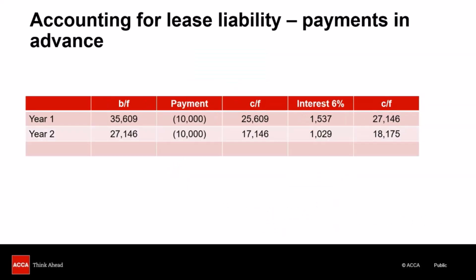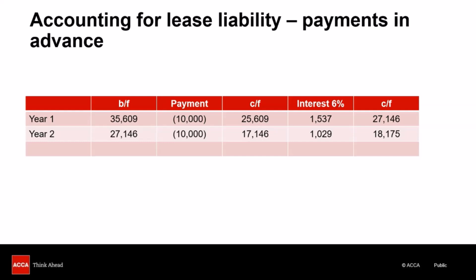Now, if the situation was changed and the payments were being made in advance, then in that case also we need to do the working of interest first and the installments. Then we have a brought down balance. Immediately from that, installment is paid, so payment is subtracted. On the carried down balance that we have at the year end, we charge interest expense. In the same way, we apply 6% to this carried forward balance, which is 25609. And once we have the interest expense, it is added to the carried forward balance, which is 25609, and it gives us the closing liability of